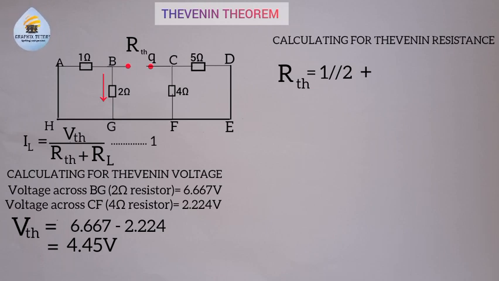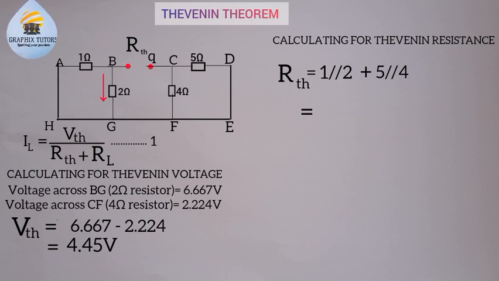With a wire, right? So plus, in the right hand side, if you consider the mesh CDEFC, you discover that the 5 and 4 are also in parallel because they're in two different branches, two different currents are flowing through them in this manner, right? You can see the way it's flowing this way, it's flowing in this direction. So 5 is in parallel to what? To 4. So if I do that, my RTH will now be equal to,